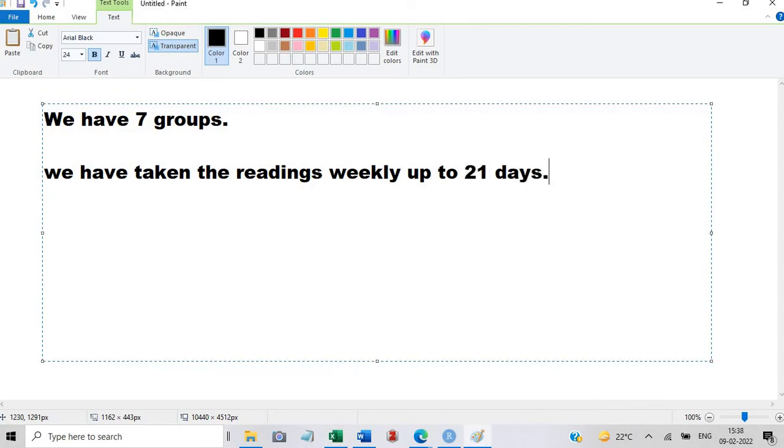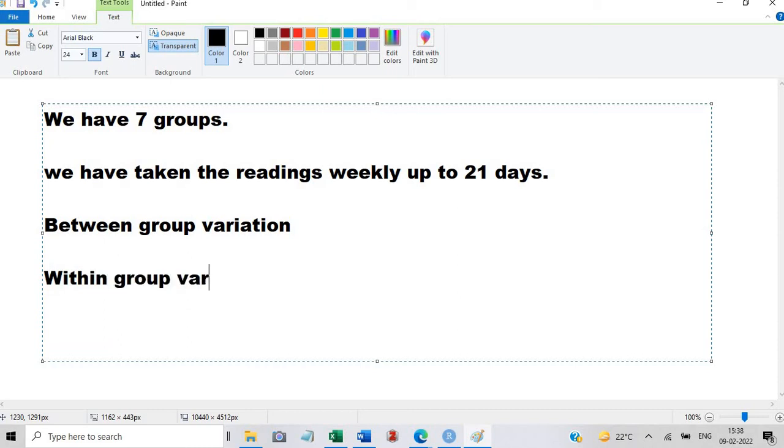Now in this case we should go for two-way ANOVA. That means here there are two things. One is the between group variation, because in this case we are taking 7 groups. Then next is within group variation.